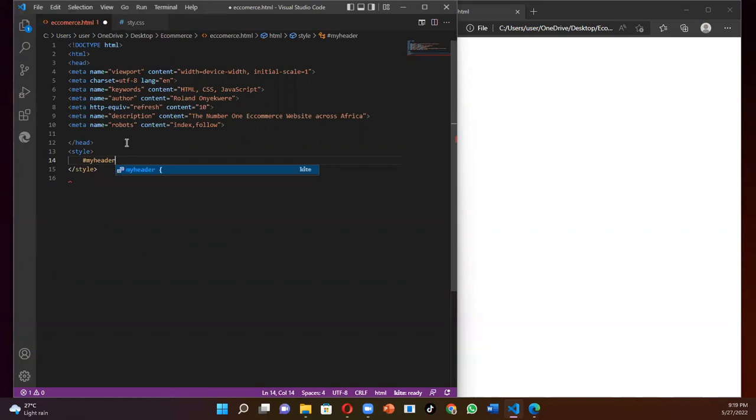I'm writing my CSS inside my site, like I'm writing it in the same HTML coding environment. Do you understand? But right before I put my HTML. So I'm saying style,